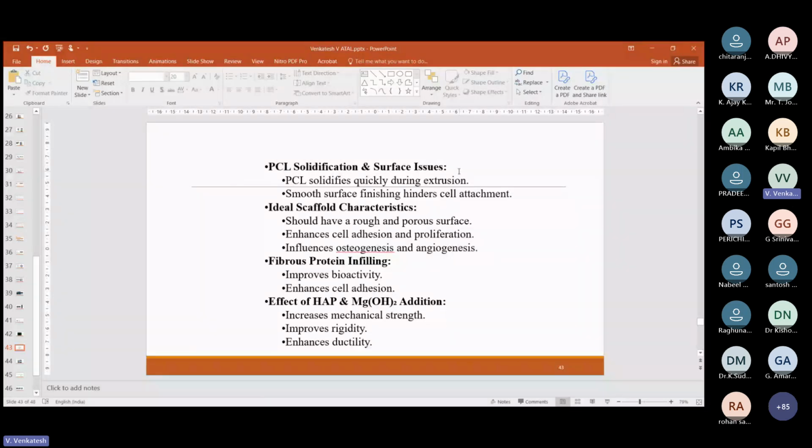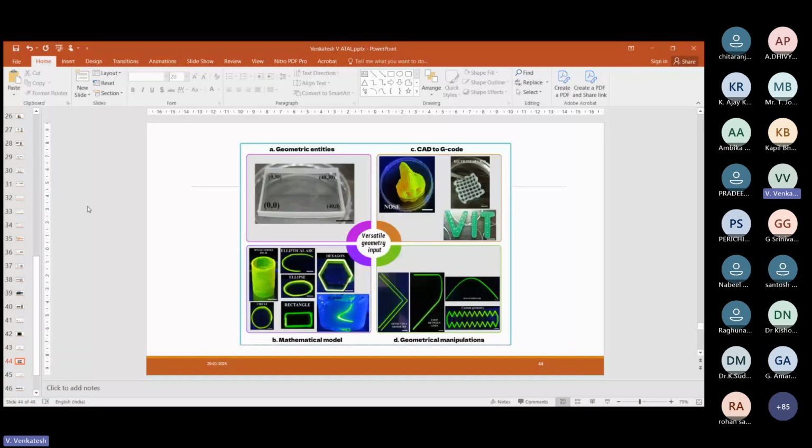This is what we did up to the year 2023, and after that, I developed my own Python program to prepare different architectures with the setup which I developed at our institute. With this setup, you can develop products using geometric entities. If you give the coordinates of the geometry to my Python program, it can develop the G code for you. If you share this G code with the setup we developed at our institute, it straight away develops the final products. The second method is the development of different products like two-dimensional geometries, or helix continuous printing,